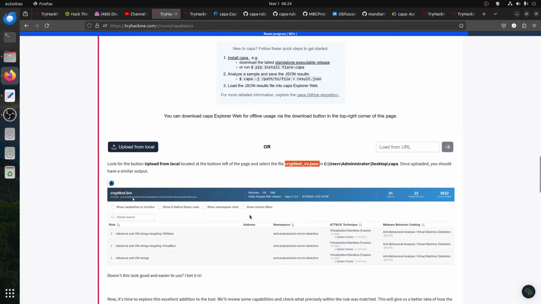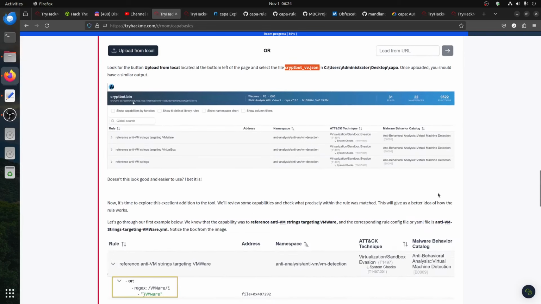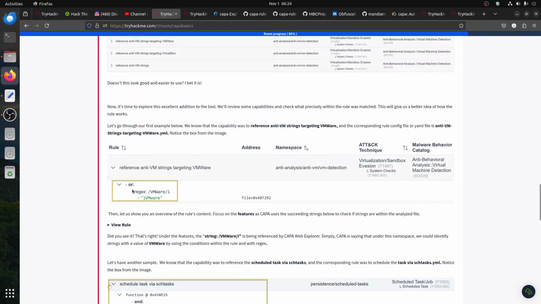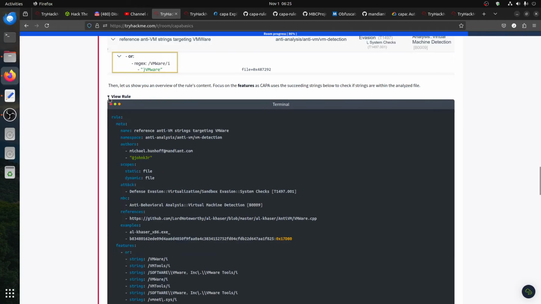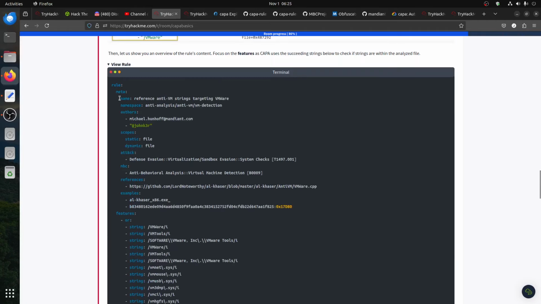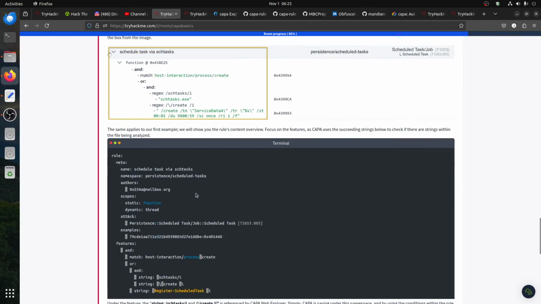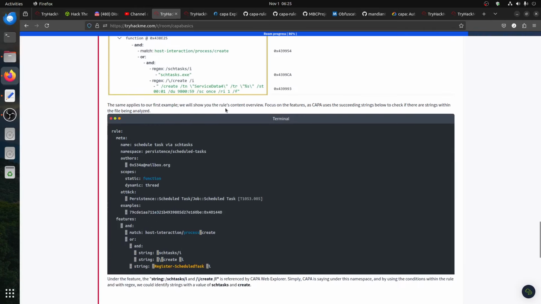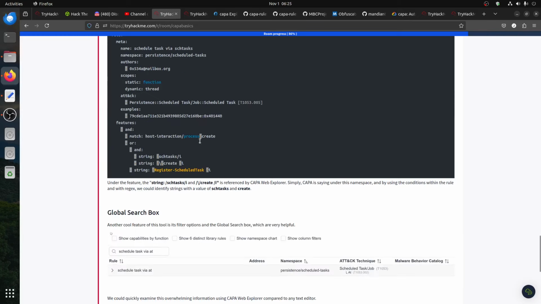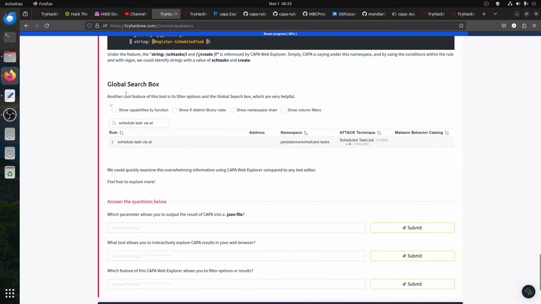CAPA index.html. Okay, let's wait for it. In the meantime, you can see it's open there. You can open it and check the rule. Let's go through our first. We know that CAPA was the reference NTVM string, the rule config file. You can see it shows you, and then we have the rule. That's our rule here. The same applies to our first example we showed. Basically this one gives you all the information, which is good, and you can have a